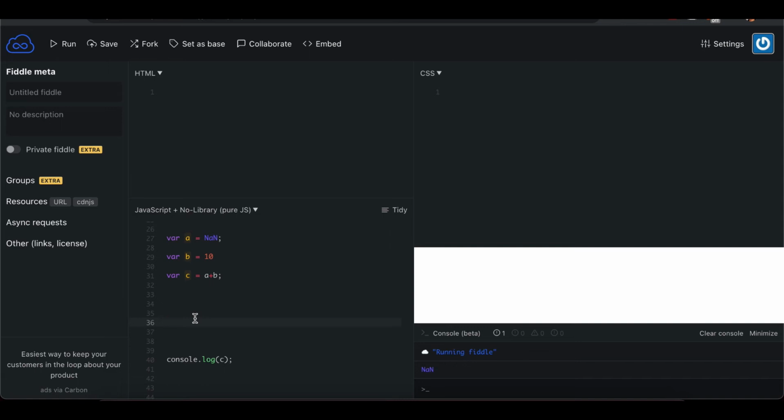So what does that mean? Let's suppose we have a variable in single quotes. It is going to contain a string. I'm using single quotes here and I will say hello code with ME. This is one way to do it.